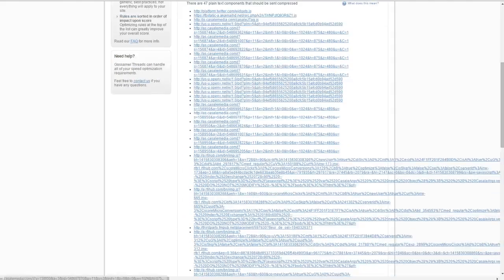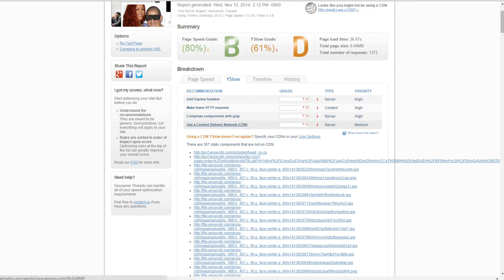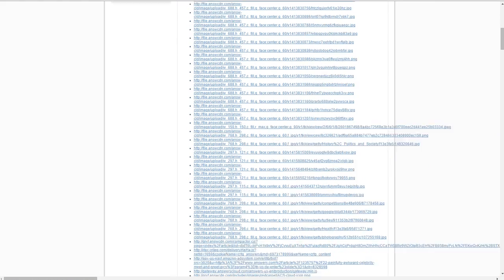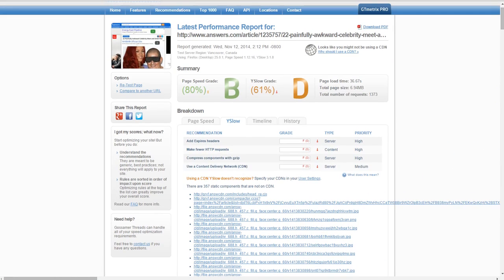Not only that, but these ad networks clearly don't know what gzip is, but we'll just move past that. Use a content delivery network. This simply means that the files are coming from a CDN, which is an external server that is handling their files, but that's not going to really work with ad networks, so that's somewhat excusable. Unfortunately, when you have so many links from ad networks, it just sucks.